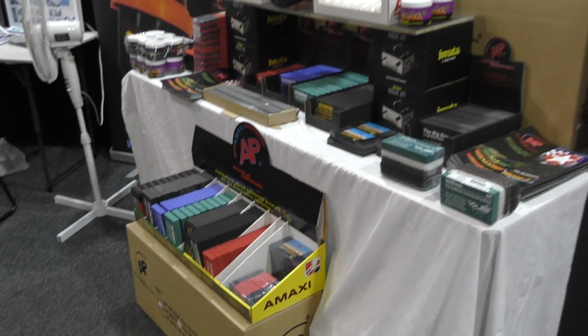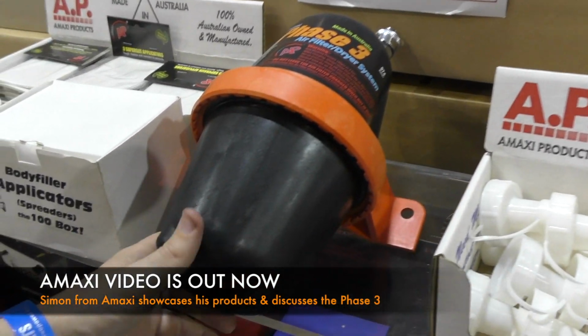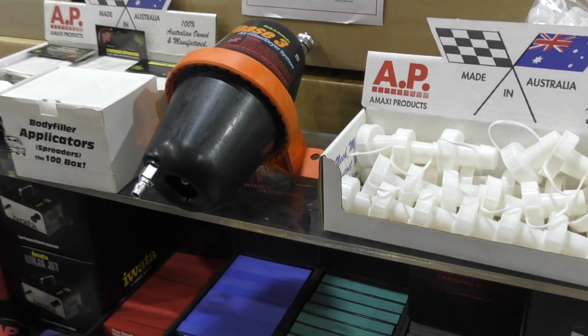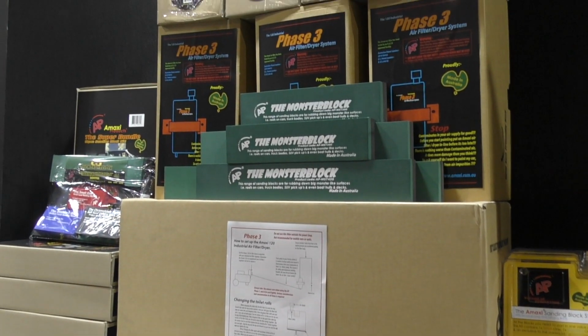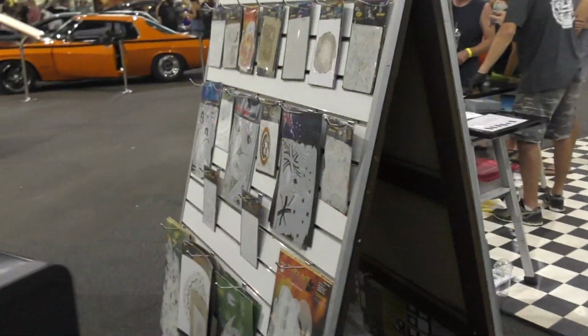Simon's got a maxi setup. There will be an unboxing video coming soon on the Phase 3. Great little tool. Actually holds about a litre extra if you run it through the water compressor. Got all his sanding blocks and everything. More templates. Let's show some appreciation for this amazing